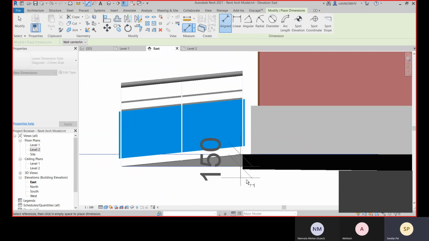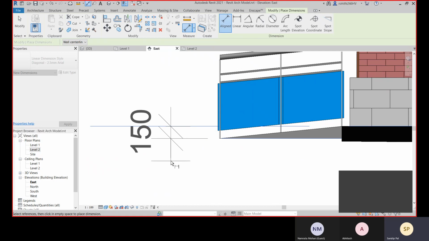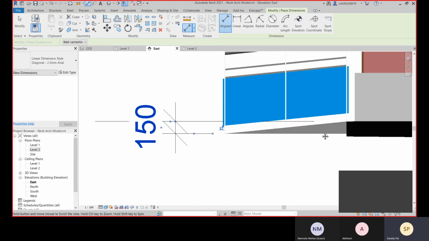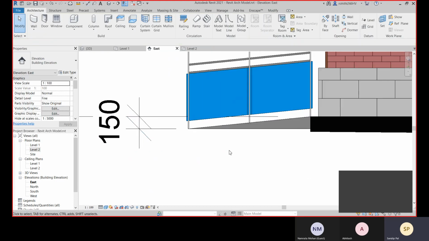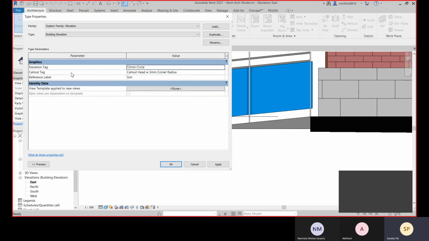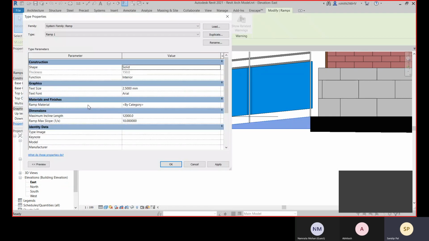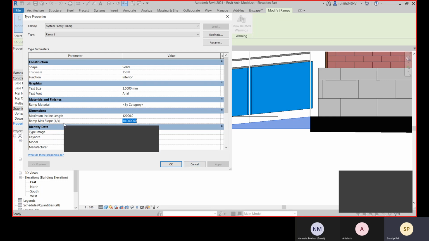Right now it is 150. So you can understand that according to the run length and the maximum slope, that is 1 by x, it will be multiplied with the run length, and you get your height.